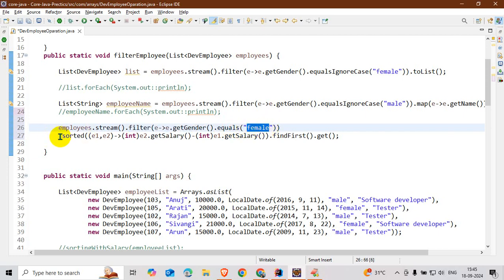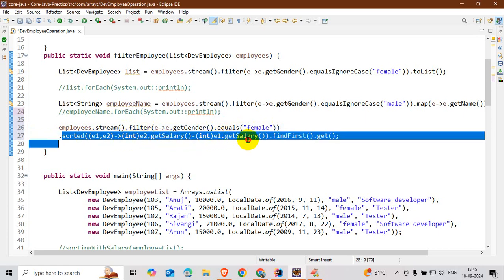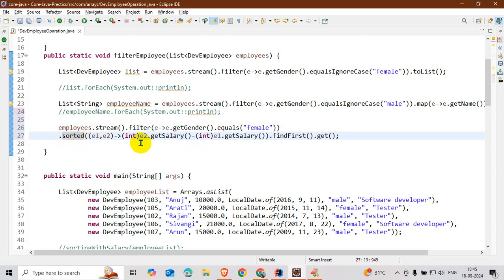After that I sort this list of female employees with the help of the sorted method. If you want natural sorting, then you call only the sorted method. If you want custom sorting, then you write your logic.